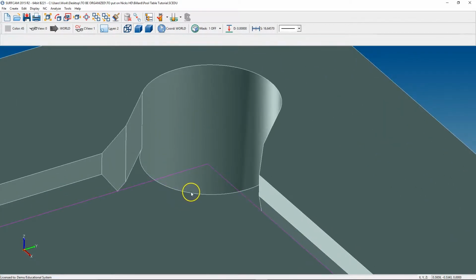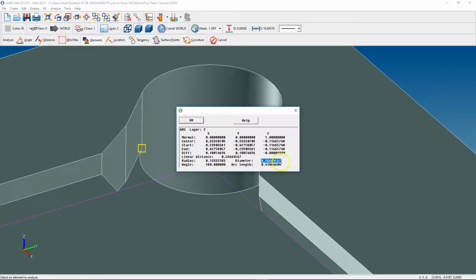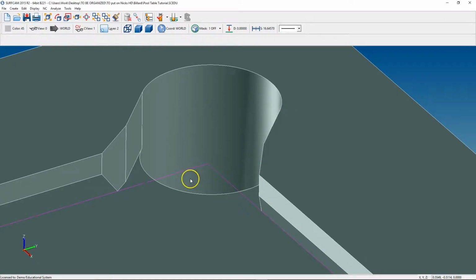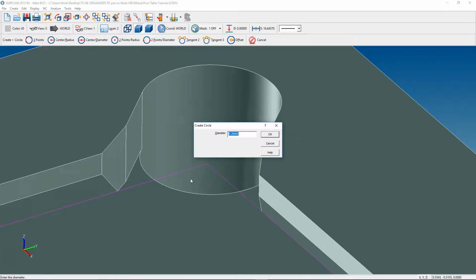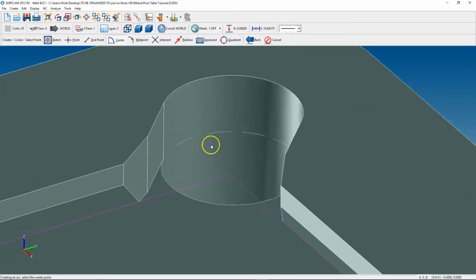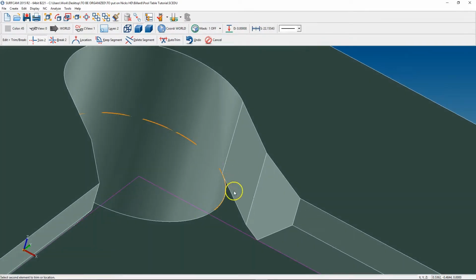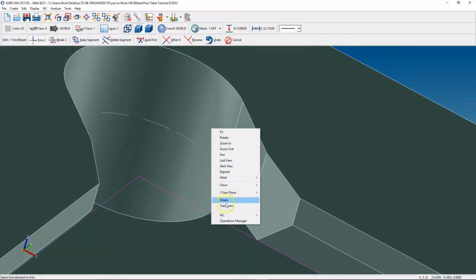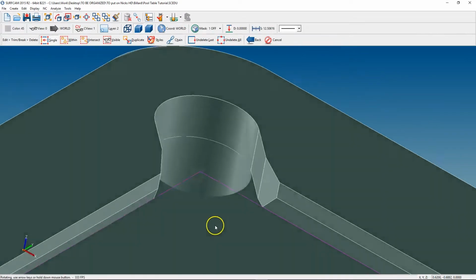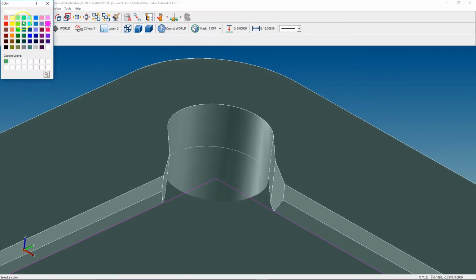So I'm going to analyze the diameter. So I just hit Z, I'm going to analyze that. I'm going to copy the diameter. Then I'm going to go CCD, paste, OK, in the center of this circle. Then I'm going to trim. You can do a trim to that line to this circle to this line. Then we're going to delete that circle so it doesn't interfere. And then I'm going to go edit, color black,